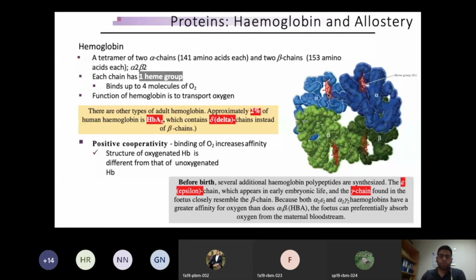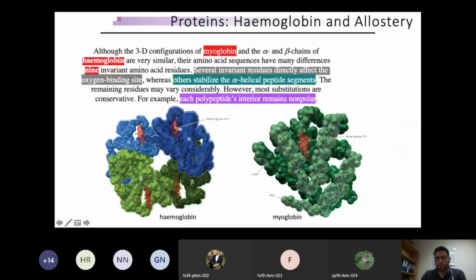Hemoglobin in fact shows positive cooperation. We will talk about this positive cooperation in a short bit of time. So this is the structure of hemoglobin and myoglobin. Both are in fact oxygen carrying molecules. We know that hemoglobin has 8 helix structure, and in between them is a porphyrin ring, which I have also shown you, and this could carry an oxygen molecule. Myoglobin carries oxygen to the muscles.